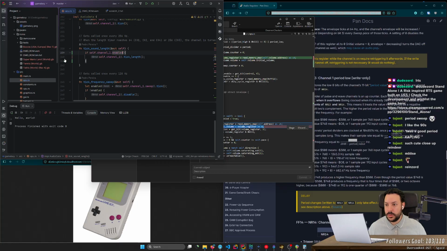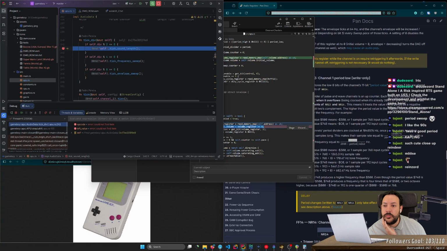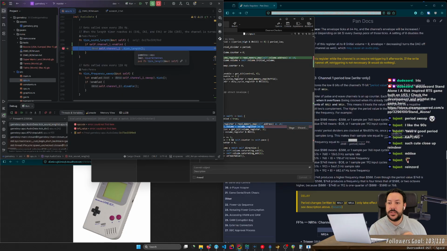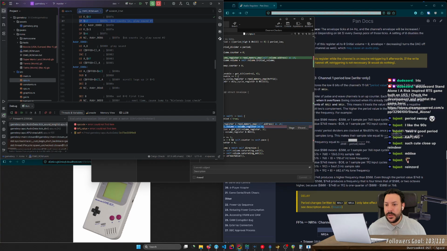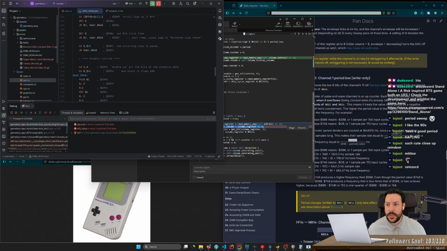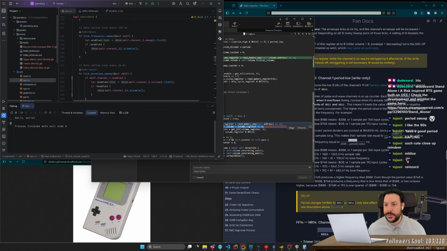Hold on. Not that it matters that much, but I shouldn't be modifying these ever. And because I have length enable set to 0, I shouldn't be doing that ever.